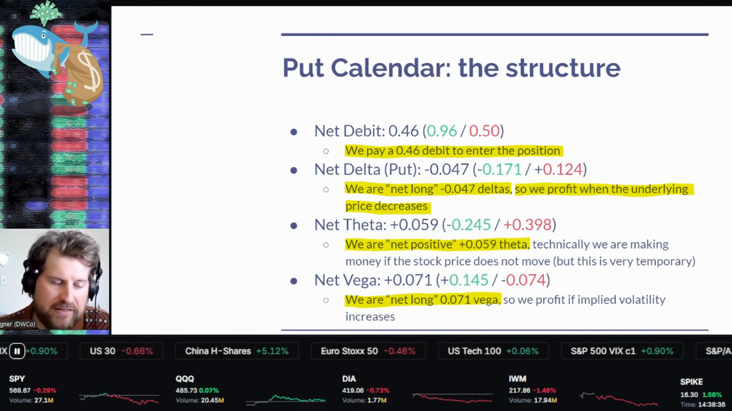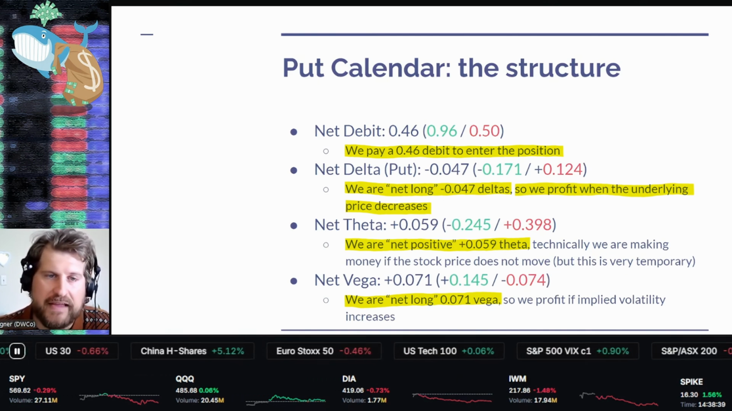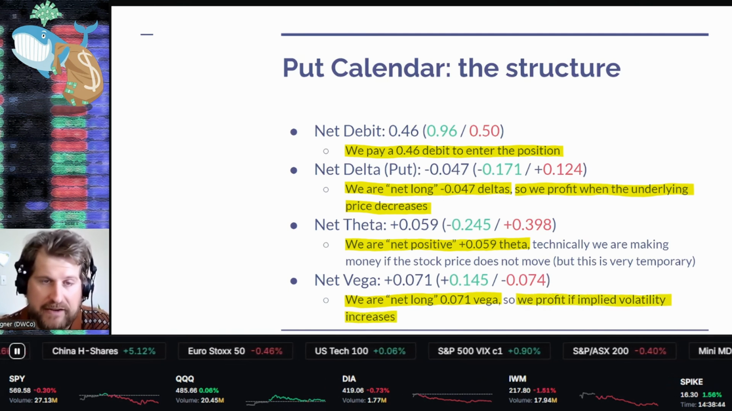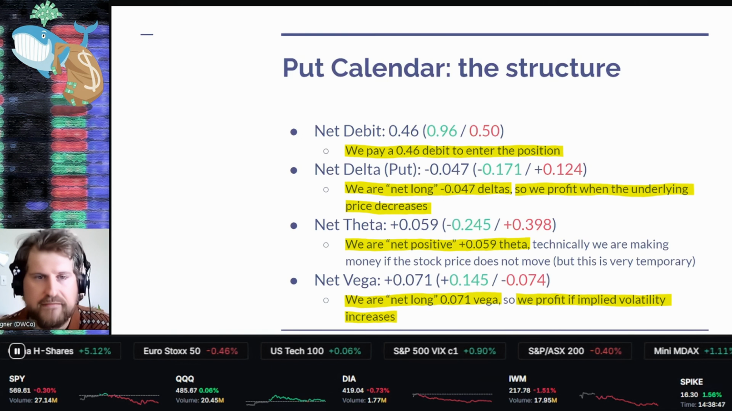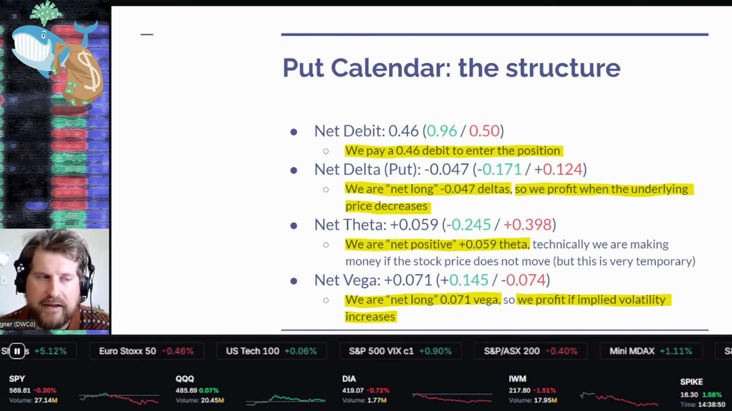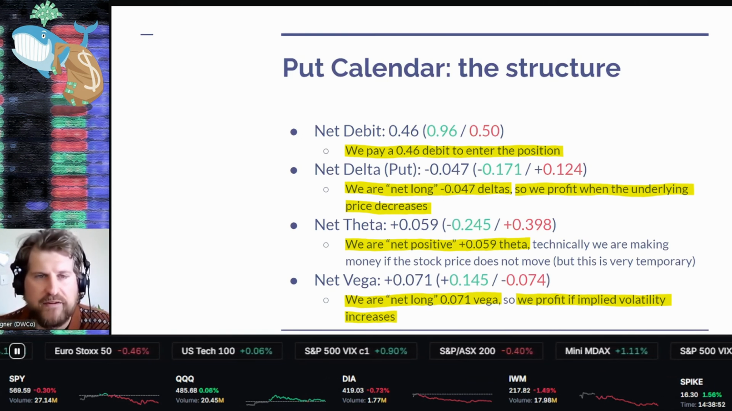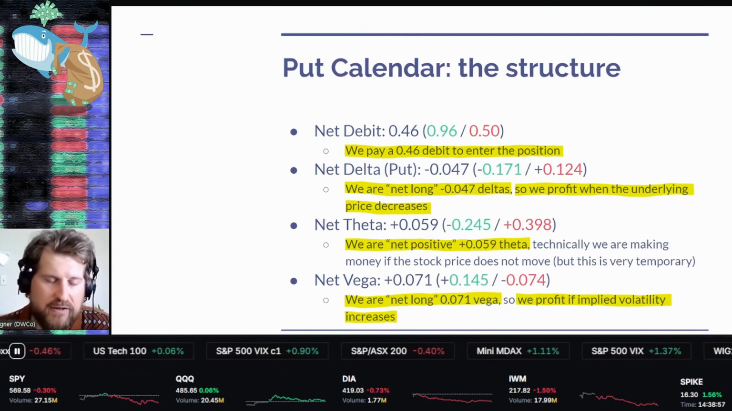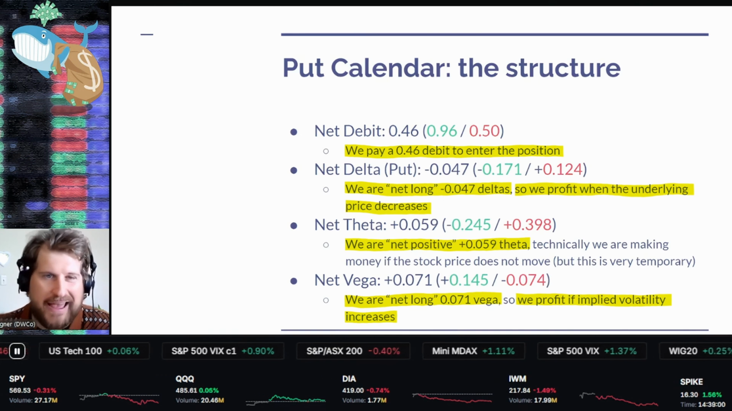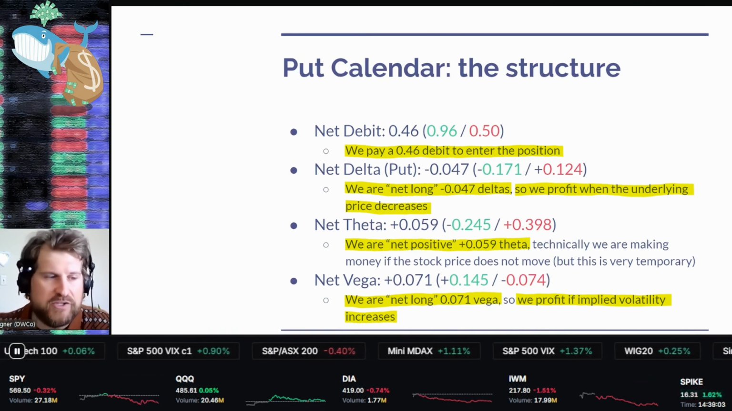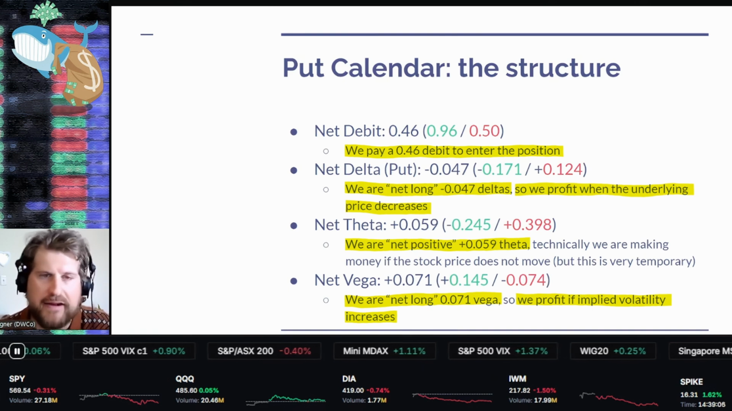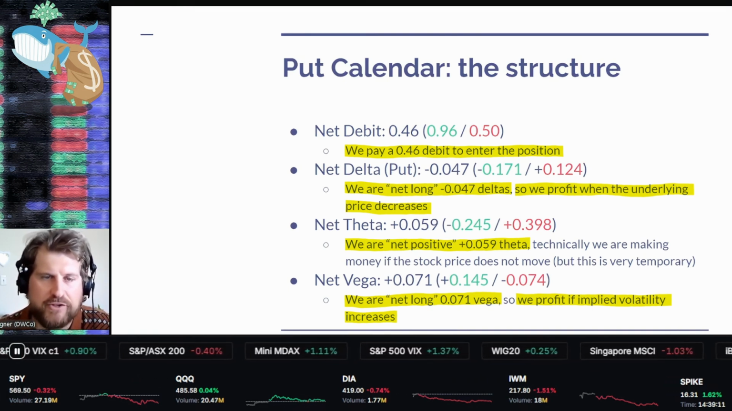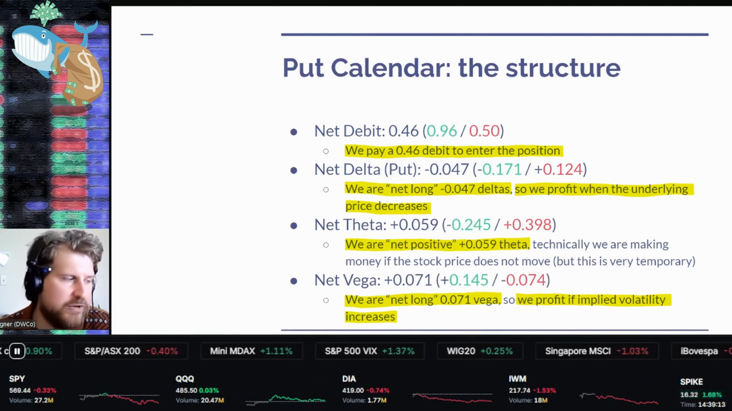So when your structure is net long vega, that means it will increase in value if implied volatility increases. And that's really important, and that makes calendar spreads potentially a very valuable arrow to add to your quiver, especially if you're a theta gang type, a credit spread kind of trader,